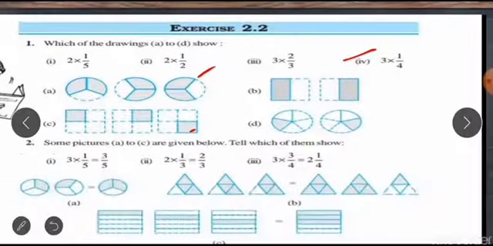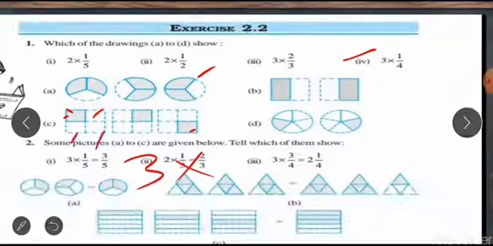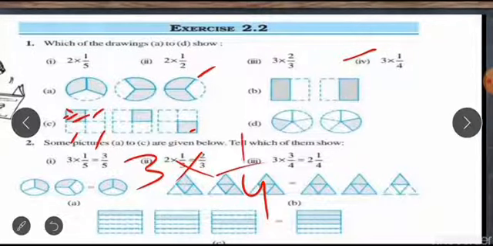So students, you can see here there are total 3 pictures: 1, 2 and 3. So you will write down 3, and how can you write out its fractional value? 1, 2, 3, 4. Total parts are 4 and the shaded portion is 1 in each picture. So you will write down 3 into 1 by 4. So you can write down the answer, 3 into 1 by 4 represents drawing C.